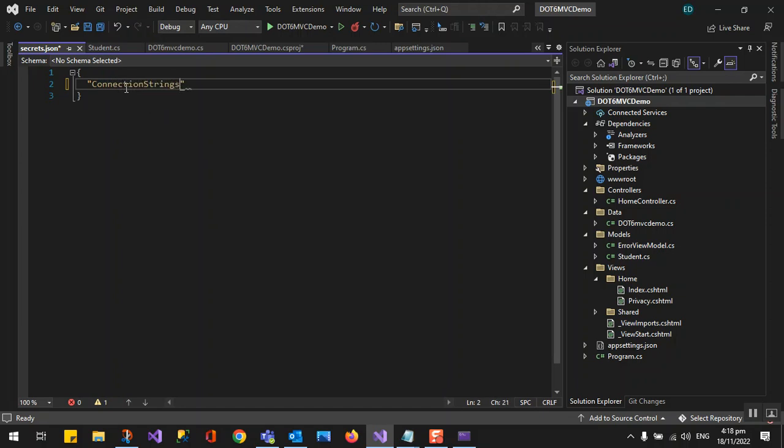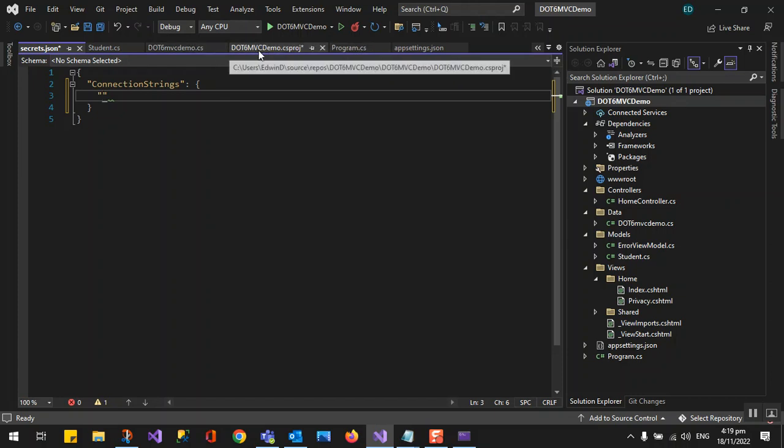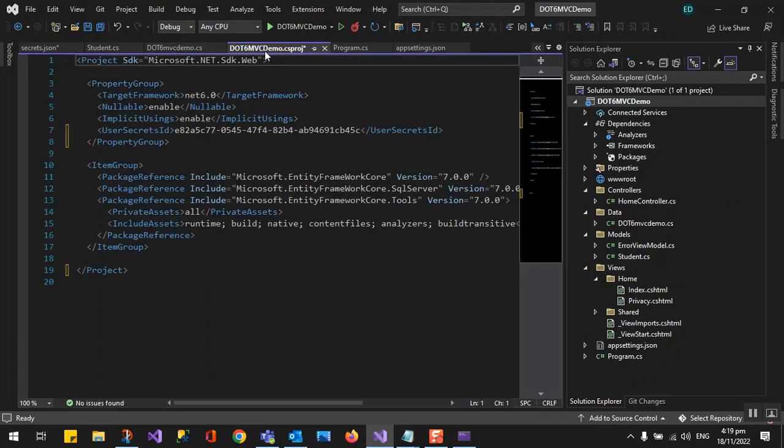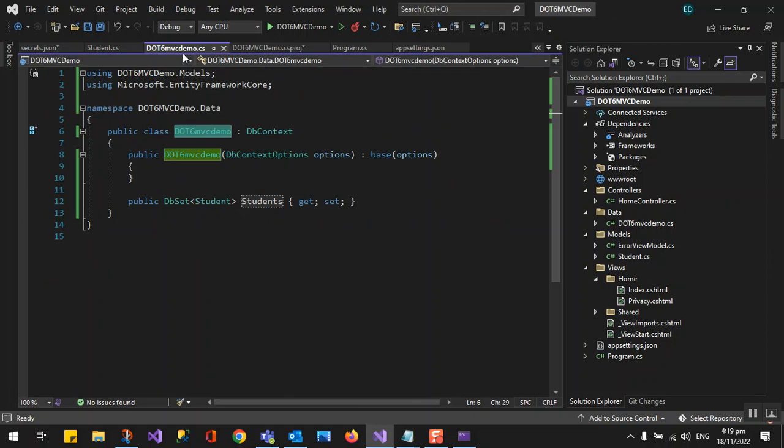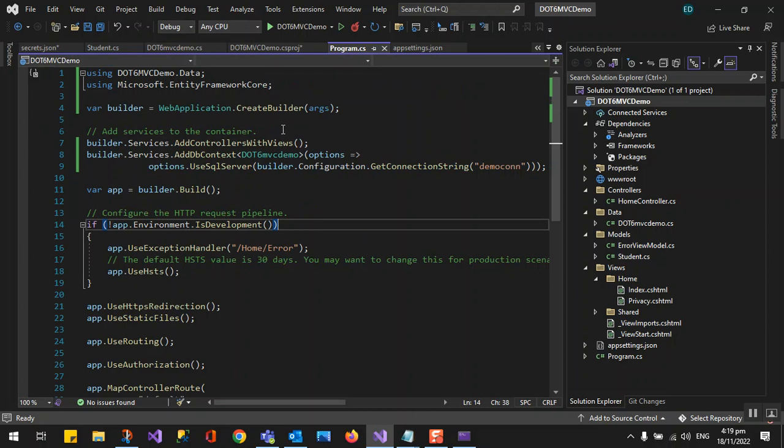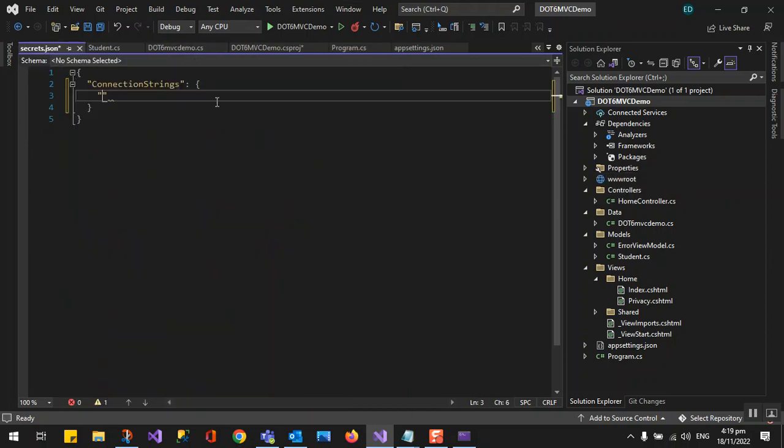Connection string, and then the name. What's the name that we set? Program, this is this one. Democon. Okay, so the name is democon, and then